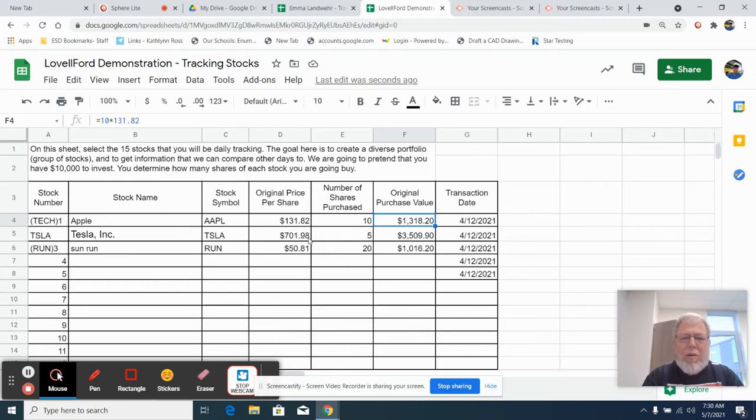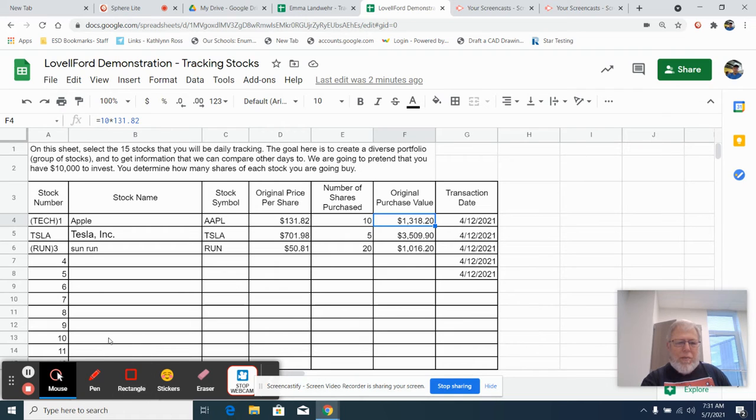So that's how we arrive at these three amounts. We went 5 times 701.98. We went 20 times 50.81, $50.81, and arrived at these amounts. Now the question is, what do you do with these after you get that information? Well, now you need to go to